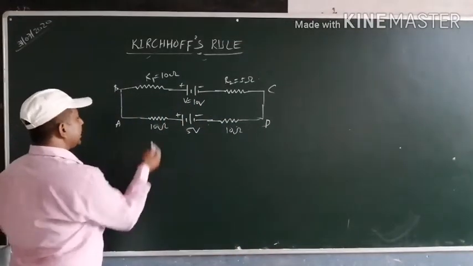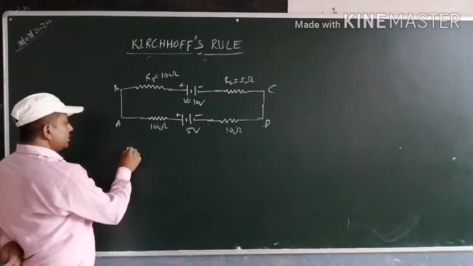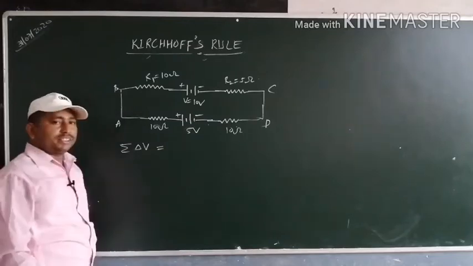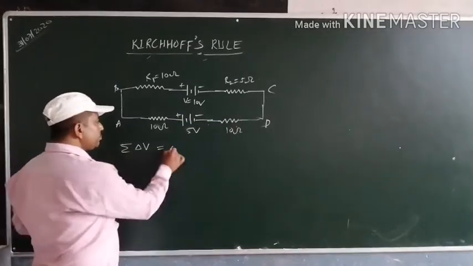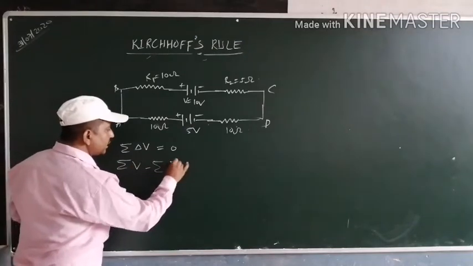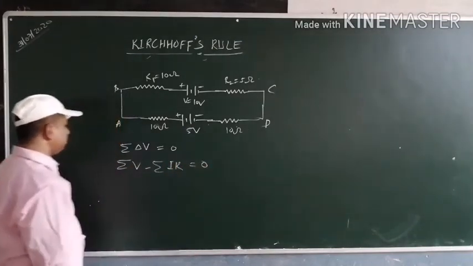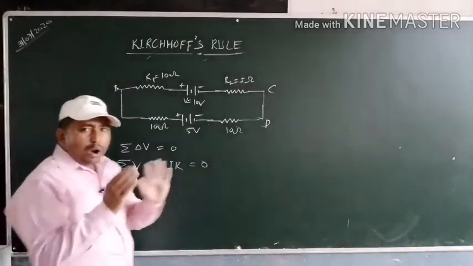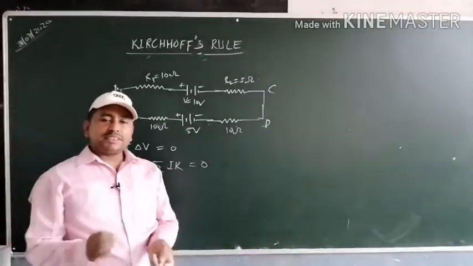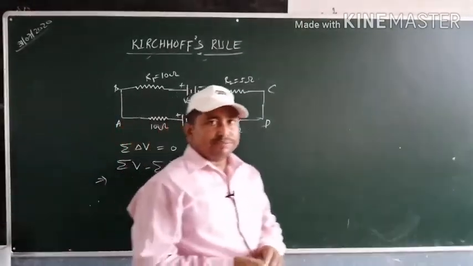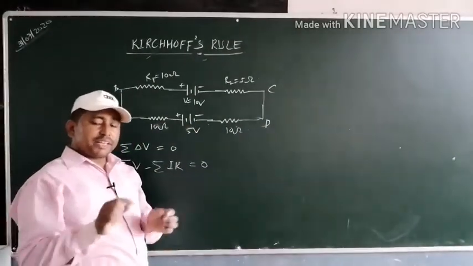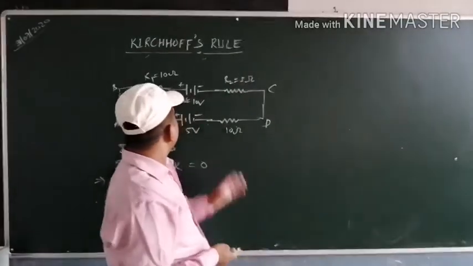Since we know that according to the loop rule, the net change in the electric potential across any circuit is always equal to 0. So it means sigma of source of potential minus sigma of sink of potential is always equal to 0. Now what things act as a source and what things act as a sink? The battery acts as a source and resistors act as a sink.